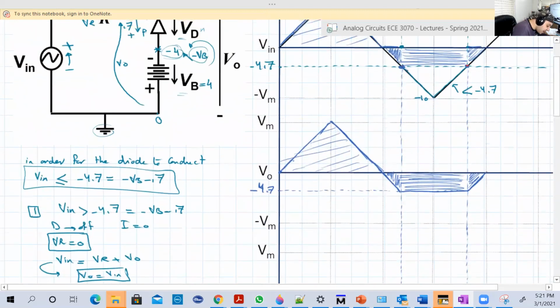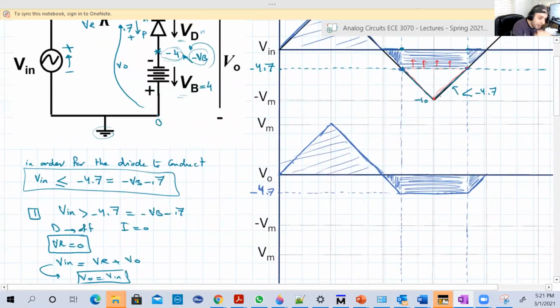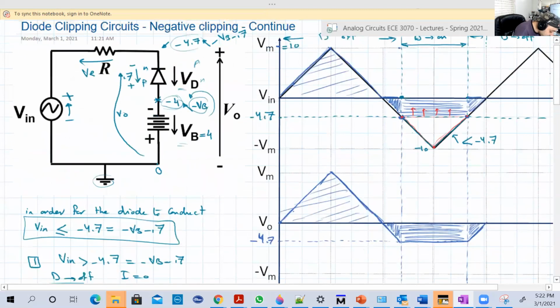And pretty much the same for that triangle here. Remember, all these values, if we look at this triangle, it's like a triangle under minus 4.7. So if you add 4.7, this triangle will move up by 4.7. And this point will be minus 10 plus 4.7, which is minus 5.3. So basically, you will have this triangle exactly the same